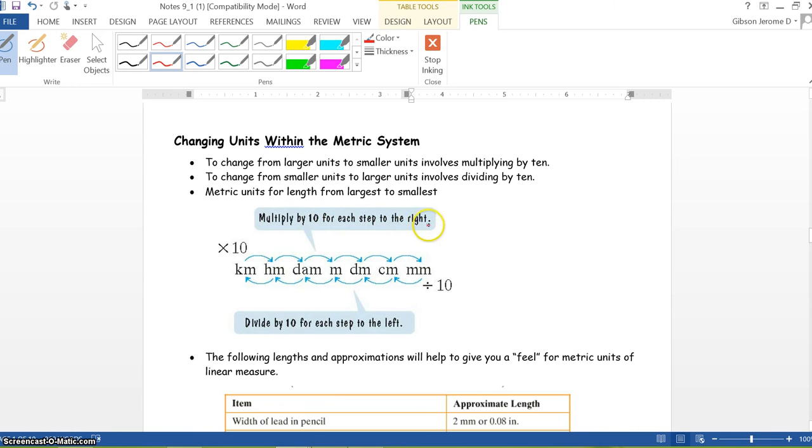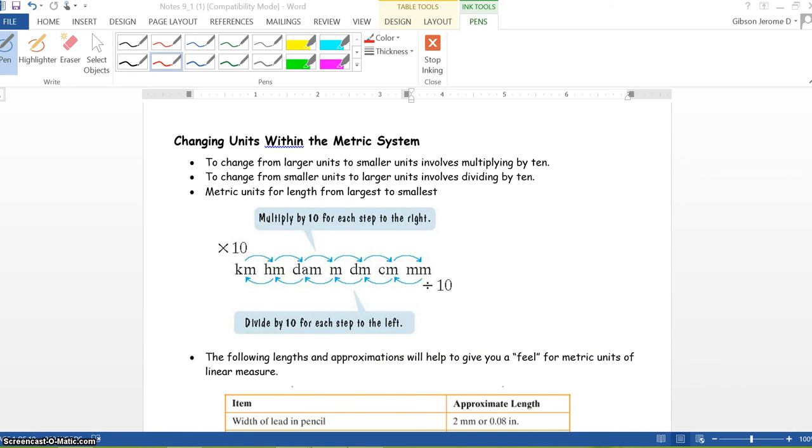Multiply by 10 for each step to the right. So each step to the right, we'll multiply by 10. Each step to the left, we will divide by 10. Okay, you must remember that when you're solving these metric type problems, because if you don't, this can end up